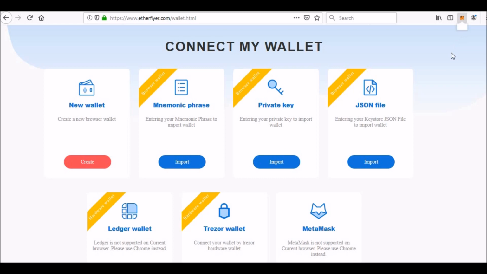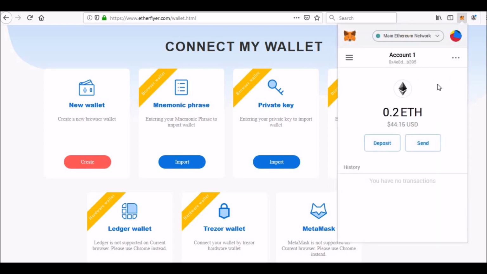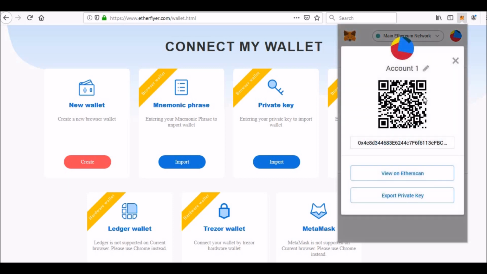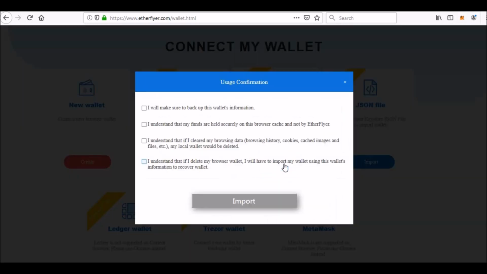So I will go here, click on MetaMask app, then click on account details. The simplest way is to click on export key. As you click on your export key, you will be given your export key. You have to copy that and click on import private key,